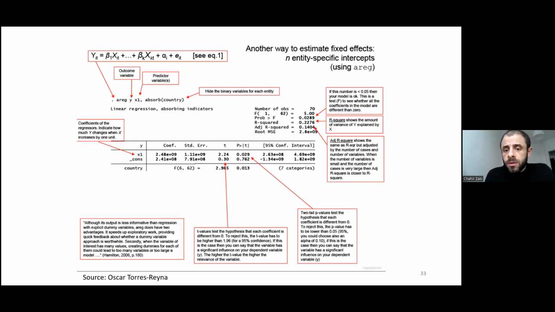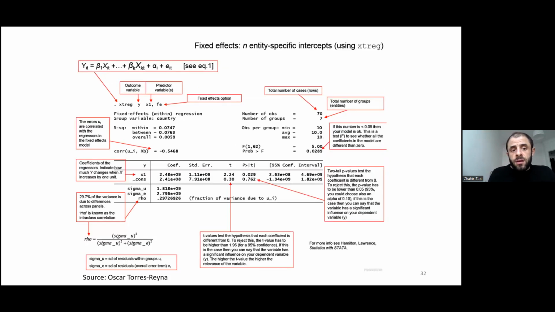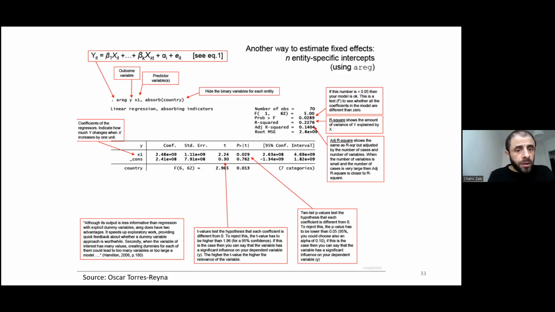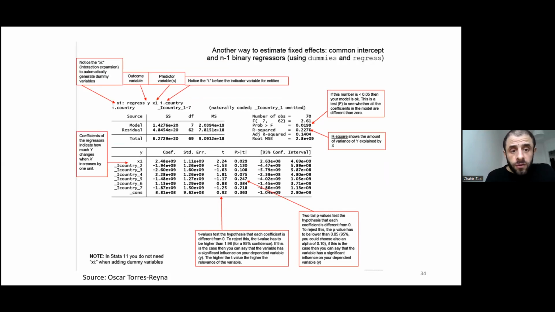Okay, but the difference is that here I use the data as a panel data with a panel command, which is xtreg. Here I used an OLS, but with all the country's fixed effects. And that's why, again, we call it the least square dummy variables. Alternatively, what we can do is also to run an OLS with explicitly the dummies, and we get exactly the same result. But the command in this case will be